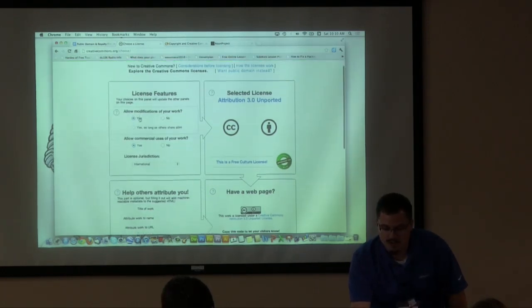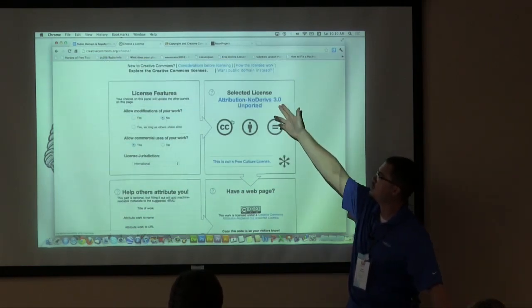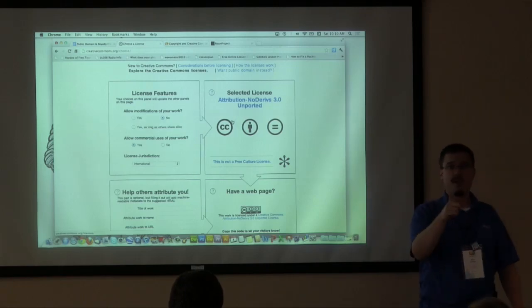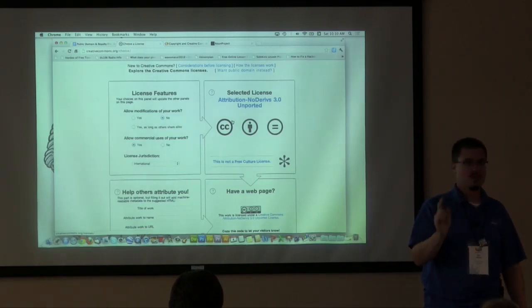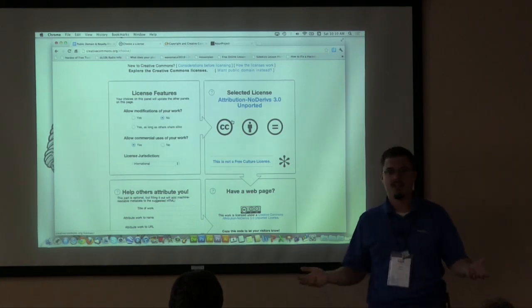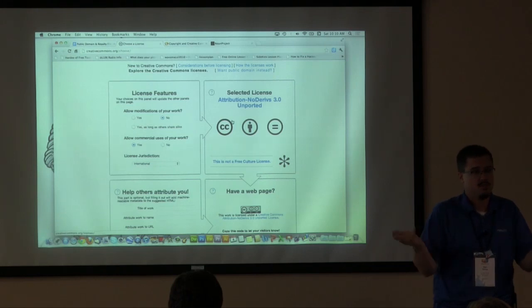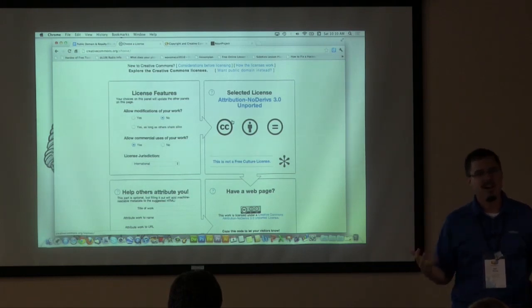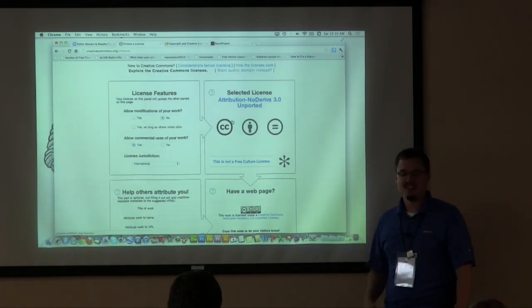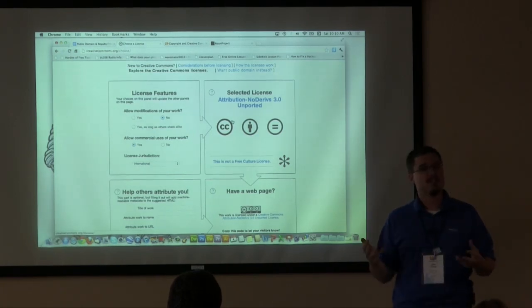You want to allow modifications of your work? I could say no, boom, and now my license is no derivatives. So you can use my picture, but you can't go photoshopping it and moving people's heads around or turning it into some meme. That doesn't mean that people aren't going to do it. You know how the internet works. But it's a lot easier, especially in the educational world, to share things like this,